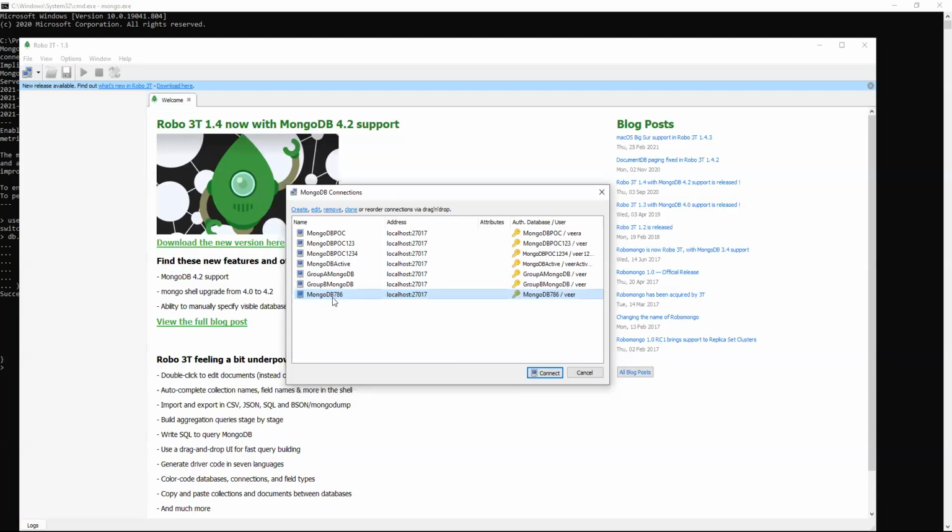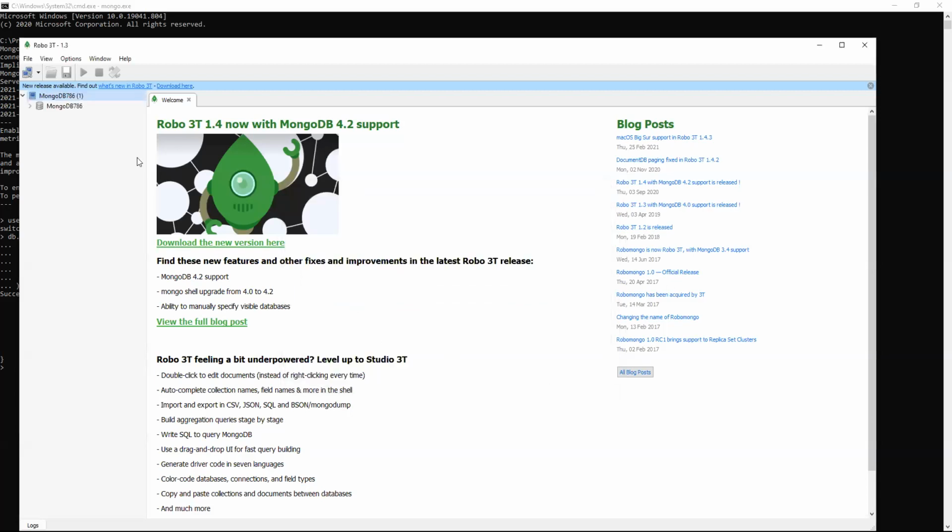Now it is coming here. Whenever I say it is coming here, I am connecting to the database. So the MongoDB 786 database is connected. Now see, the terminology is a little different. In SQL databases we call them tables and records. Here we call them collections and documents. Inside a collection we have documents. One document is nothing but one record. A collection is like a table.